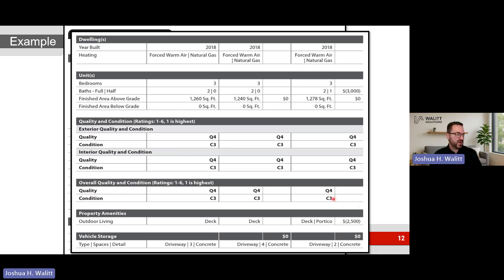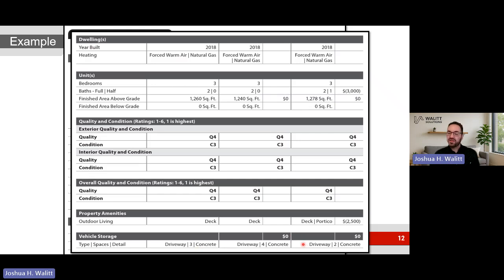All right. We have some amenities, some simple ones like deck, vehicle storage. Notice the adjustment is on this top line here. See where my laser is at the bottom of the screen? That's a roll-up adjustment. Now, in this particular case, it's not really that important because we only have 1 row of information.